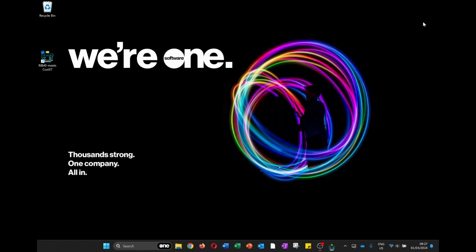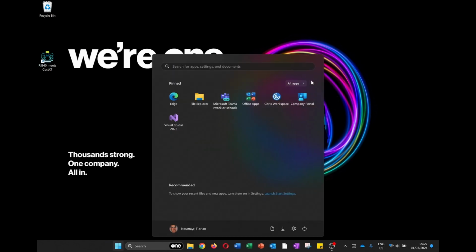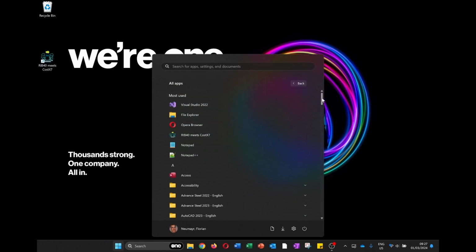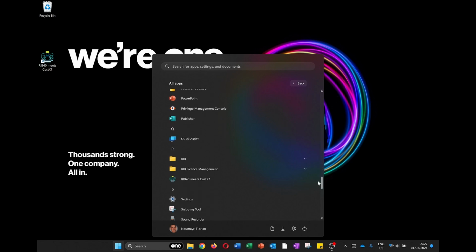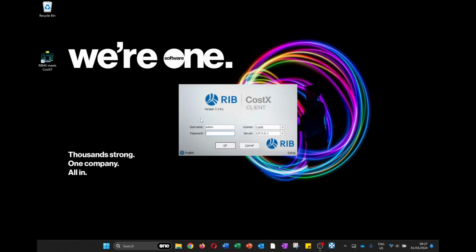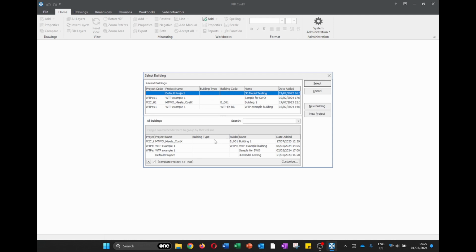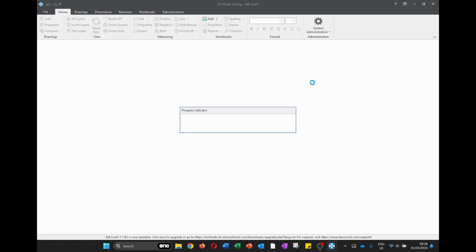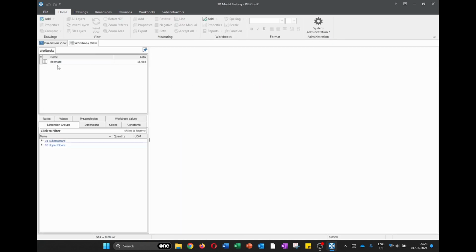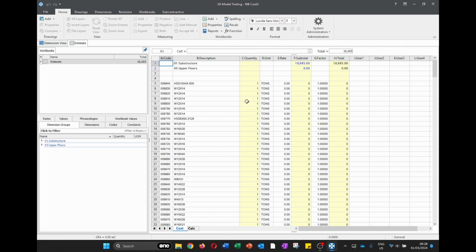Let's quickly quit this here because we need the license from the CostX server. And under R, we should find our tiny client. And we click on our login. We should have the default example for 3D testing. We should have the estimate, and we see the import from RIB 4.0 for further